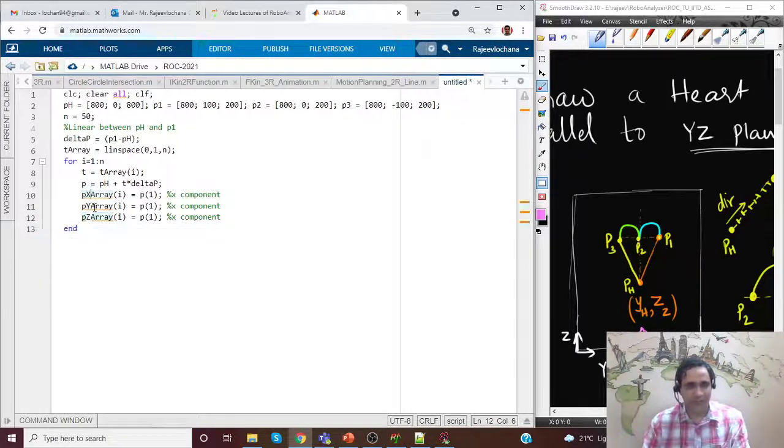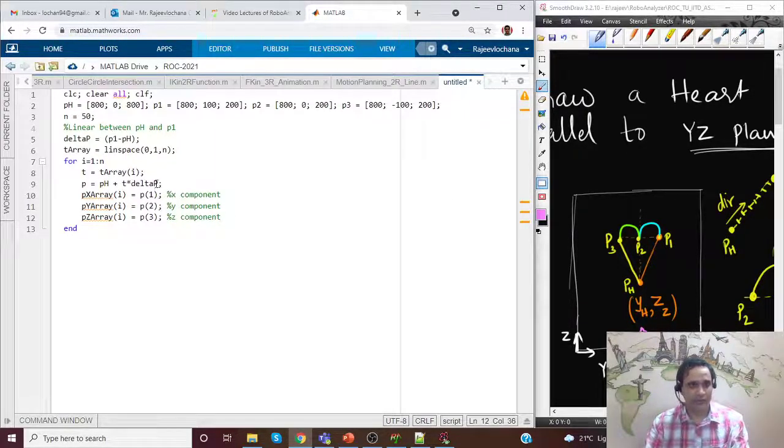So similarly we'll have py, pz, and we'll get the second and third element for the y and z component. Okay, so that's it. When we run this, our px, py, pz array will have all the points from ph to p1.